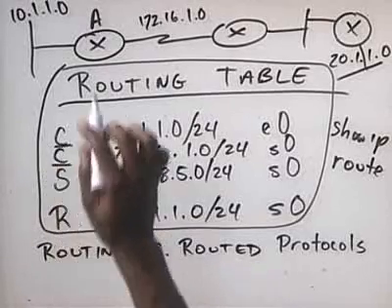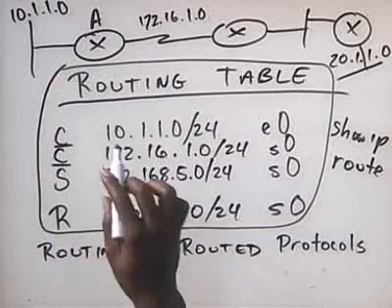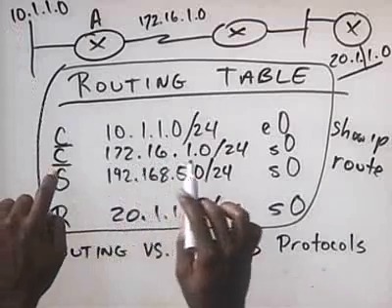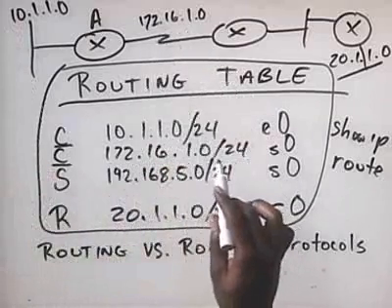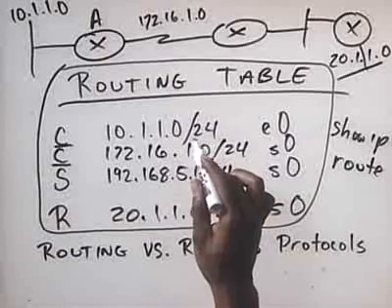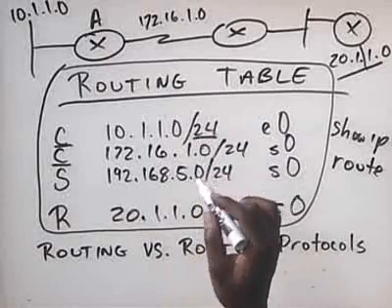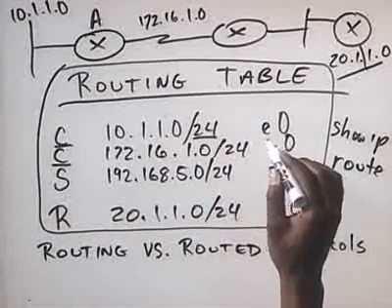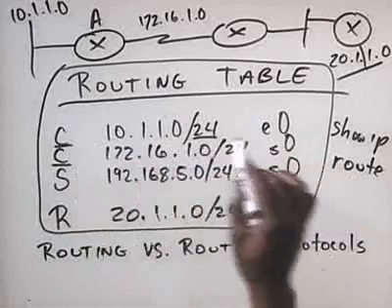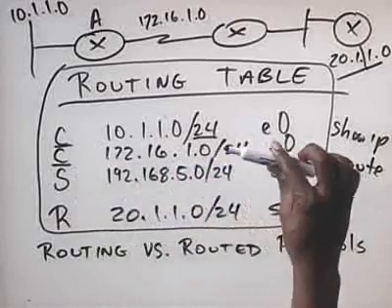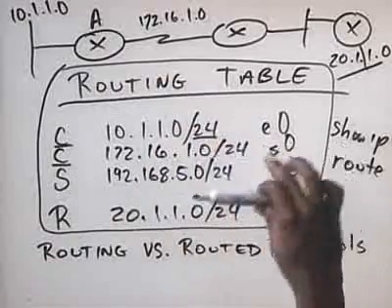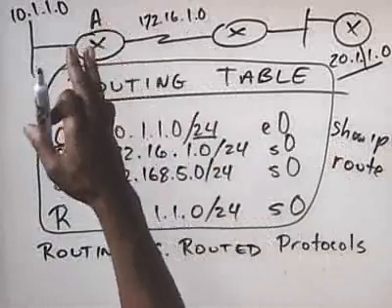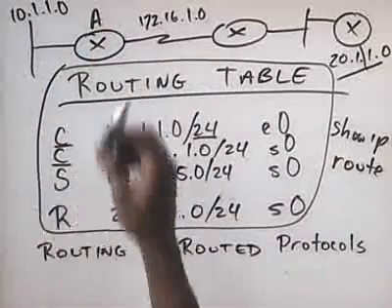So you'll note that directly connected networks will be indicated with a C here. So network 10 is directly connected and network 172.16 is directly connected. Notice the mask, there's a slash notation. This is the bit count. There are 24 bits for the mask in each one of these. And then the interface out of which that network can be reached. So if I want to route packets to the 10 network, I'll route that packet out of Ethernet 0. If I want to route a packet from the router to the 172 network, I would route that packet out